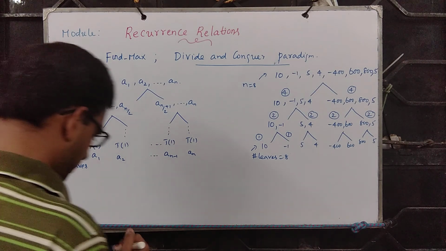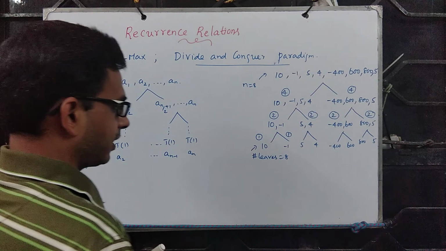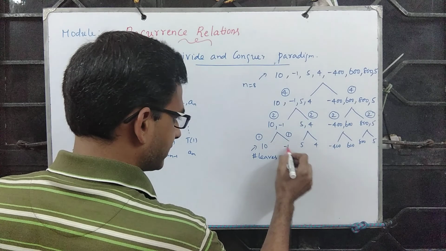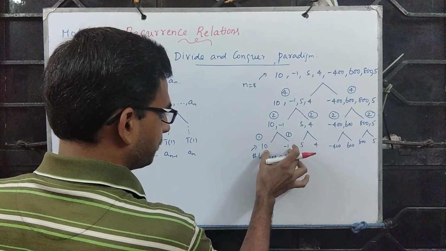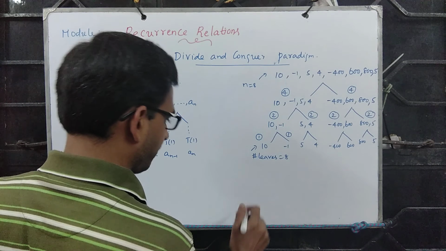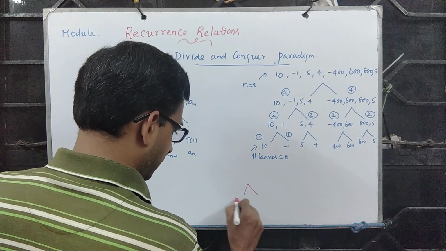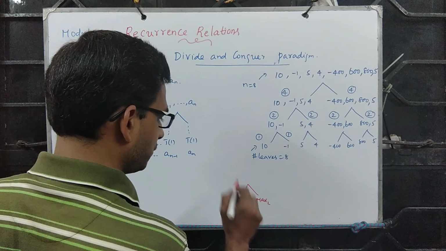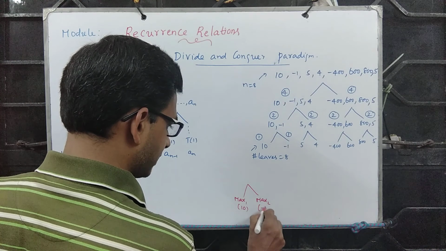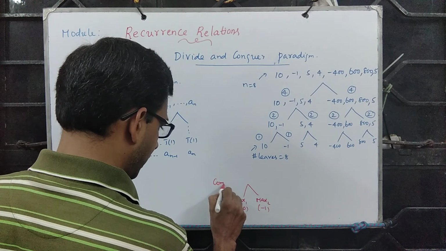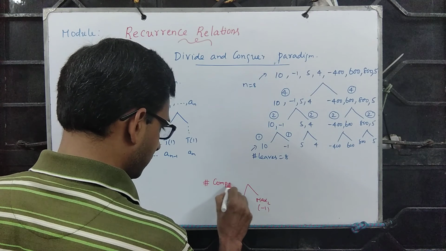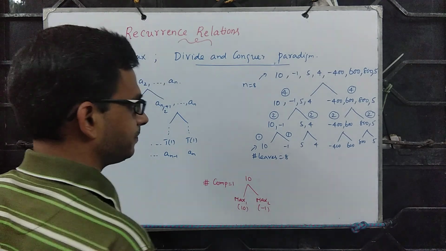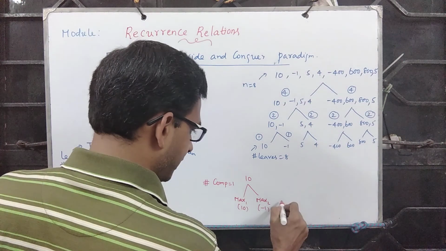Now the beauty starts. What are we doing? We know that 10 itself is max, minus 1 itself is max. So we compare these two maxes to get the max for this subproblem. So it's like this: you have max 1 and you have max 2. You compare these two. In this case it is 10 and in this case it's minus 1. So you make one comparison and you keep a local maximum here, which is 10. Do this for each subtree.